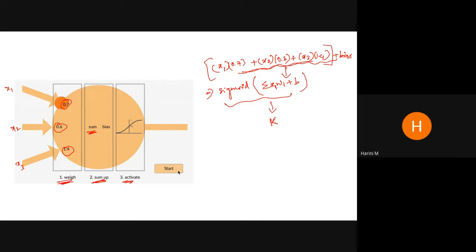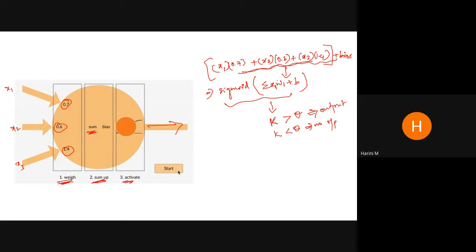k. Okay. Now I have my threshold value. I'm going to compare it with this threshold value, this k. If it's greater than the given threshold value, then the output is given. The output is fired. If this calculated value is less than theta, then there is no output. Okay, so this is the function of a perceptron. Hope you guys are clear with the concept.